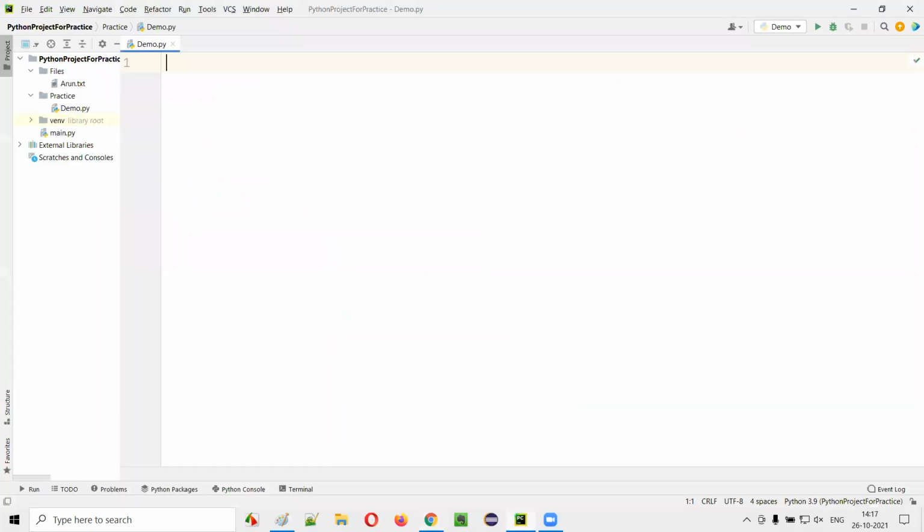First of all, let me create a class. Here I opened this PyCharm IDE, guys. Here we have this sample Python file under this project. In this Python file, I am going to create a class. How to create a class in Python? We have to use the keyword class followed by the name of the class. Let's say Car. Car is the name of the class I'm giving. Here I'm creating a class having the name Car. After that, I have to provide this colon.